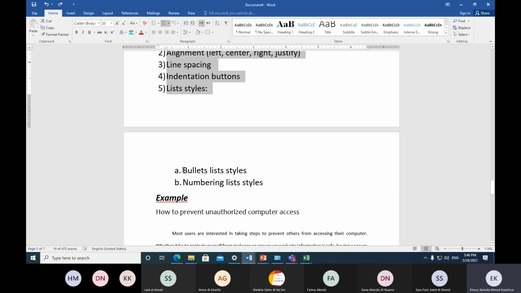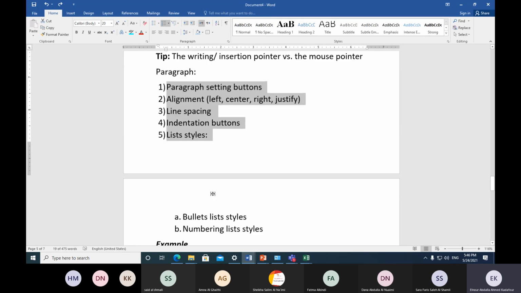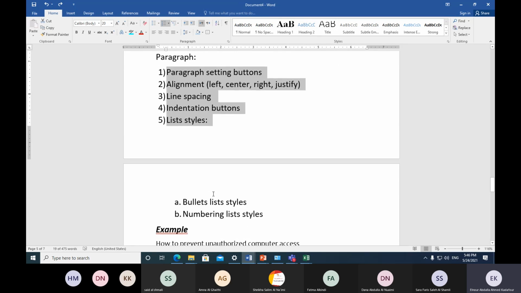That's why I kept bullets in A and numbering in B. Okay, so don't make it the same, and this is what we call a branching list. This is a branching list. The last 2 points are sub points from the point number 5. Therefore I have to use